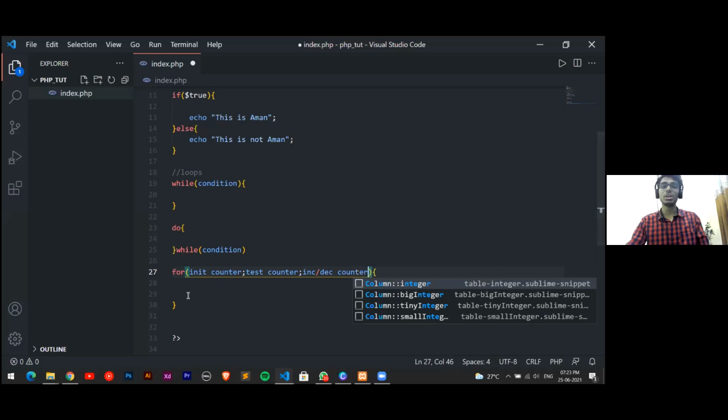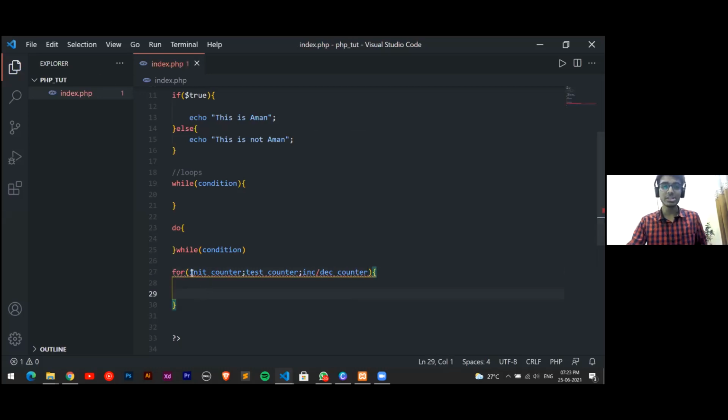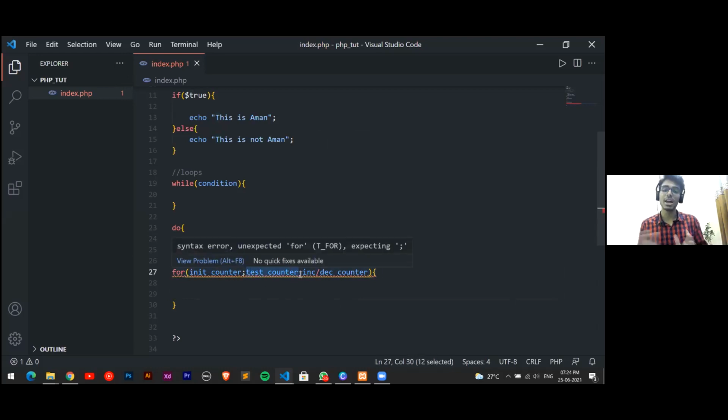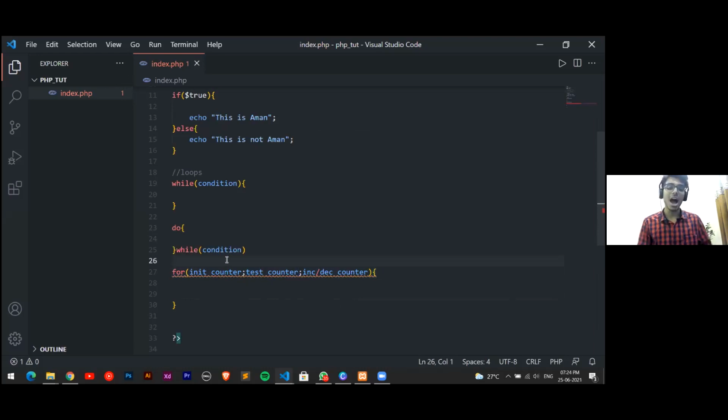So what it will do is, I've initialized some counter. It will show an error because I haven't written anything over here. Okay. So here it will initialize the counter which we want to perform. And here we will test that counter, basically the condition, whether what we want is satisfied or not. Let's say here we write i = 1.